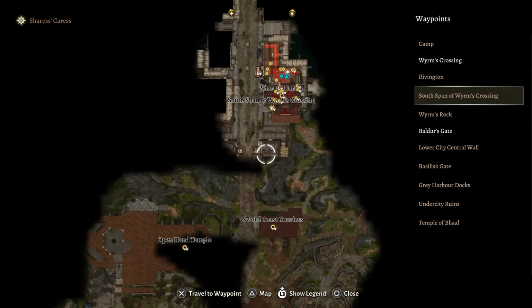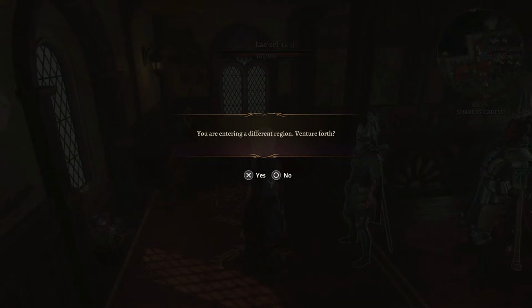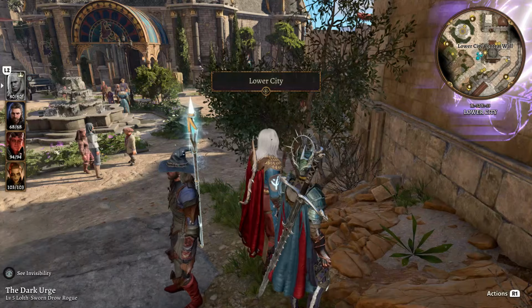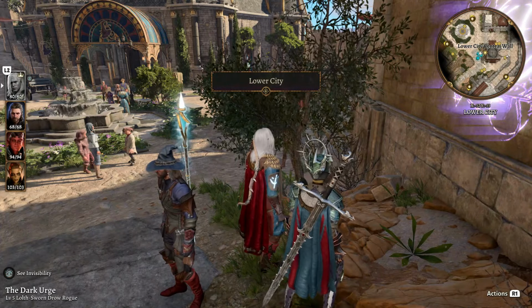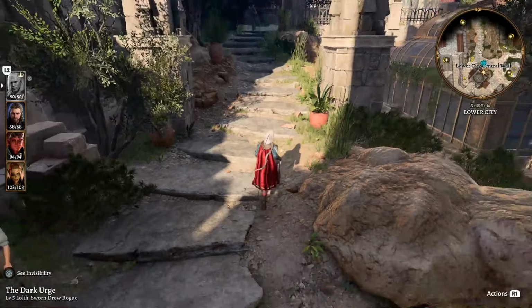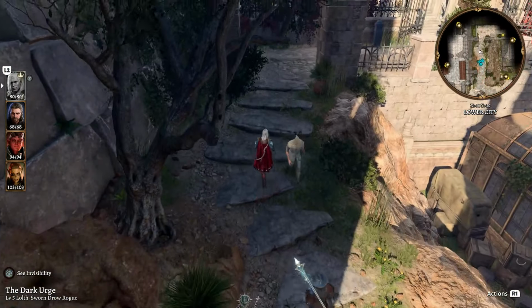We want to fast travel over to the Lower City Central Wall waypoint. It's in a different region, so it might take a little bit to load, but once you're there, then we're going to continue toward the north end of this area, and that will take us right over by the House of Hope. So let's climb all the way up these stairs to the top of this area,